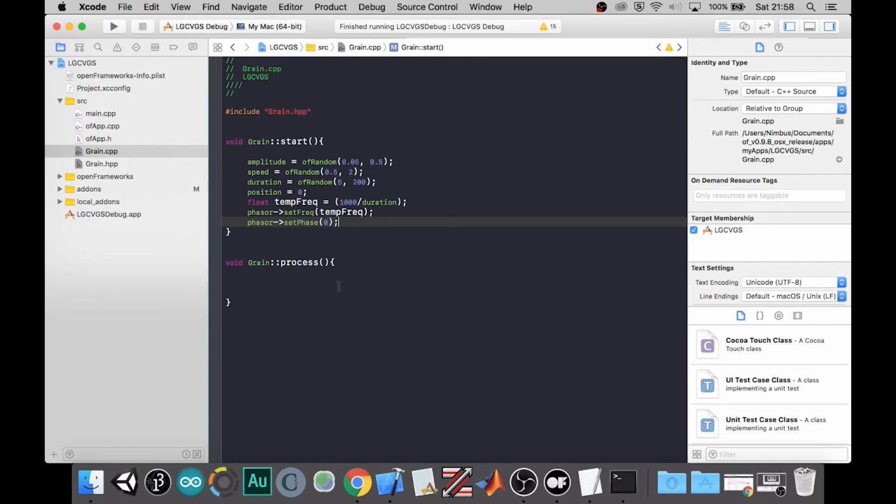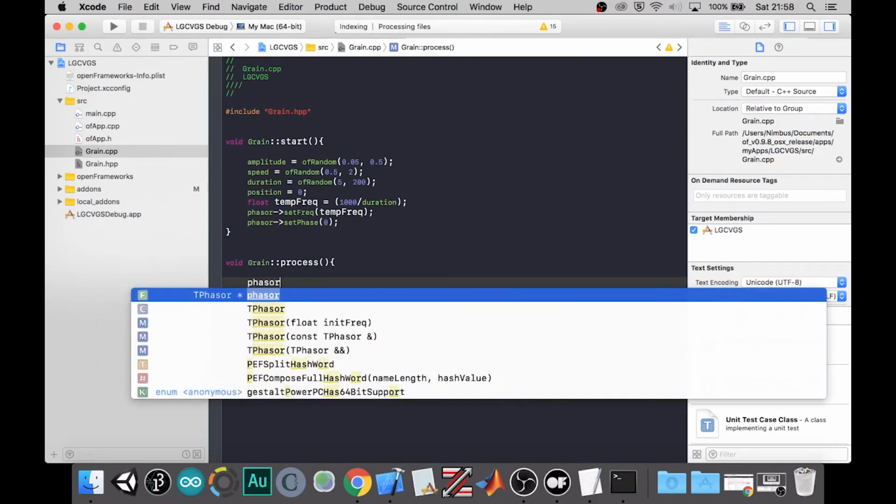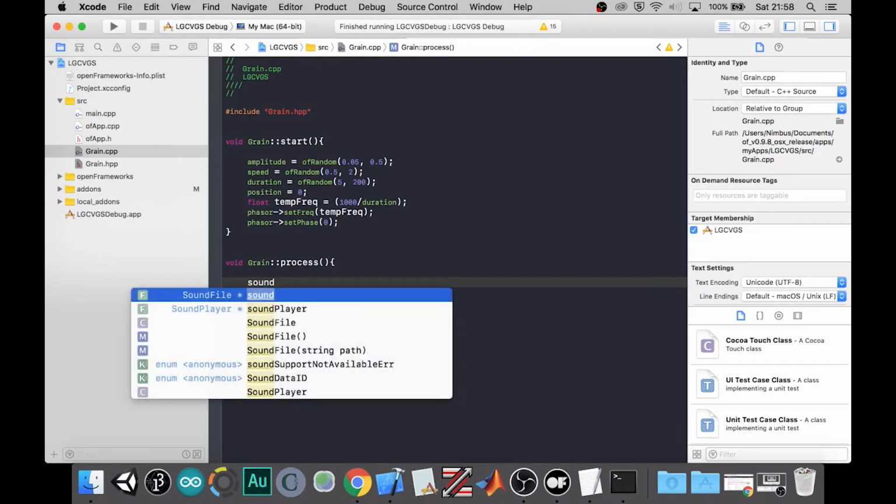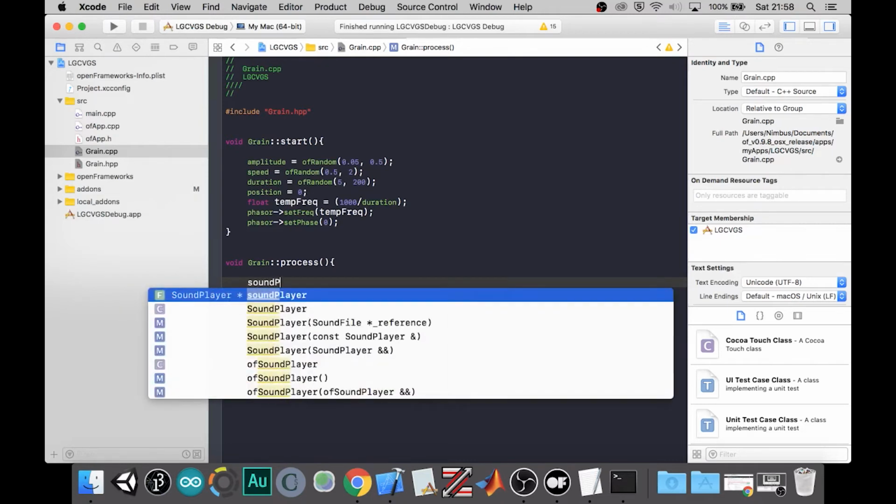So let's see. Let's actually just not use any windowing at the moment, and just play the sound file. So sound, I'm switching gears here pretty quickly, so sorry. Sound player,